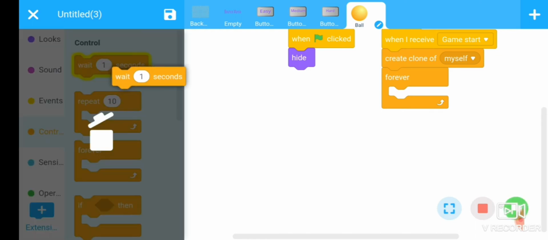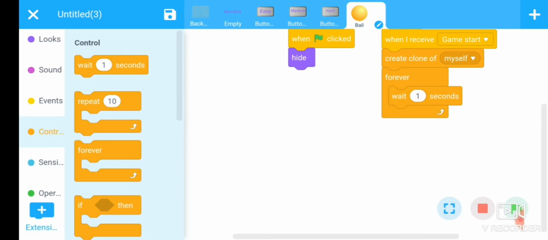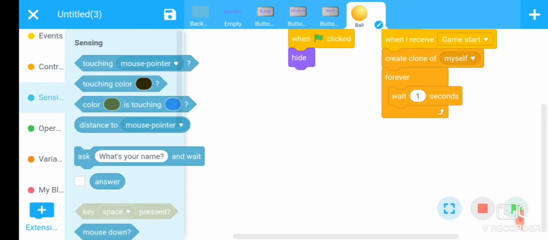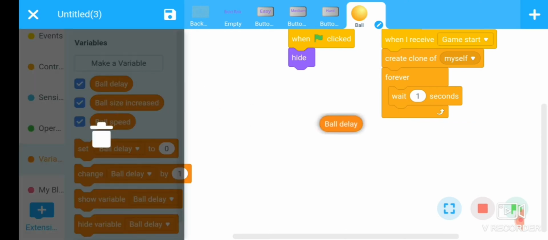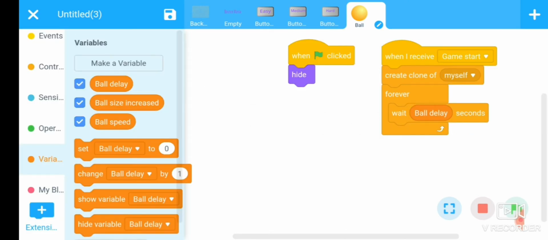Put a delay here. Here we want that the delay is different for different variables. Here we have defined the ball delay. Put this ball delay inside the wait